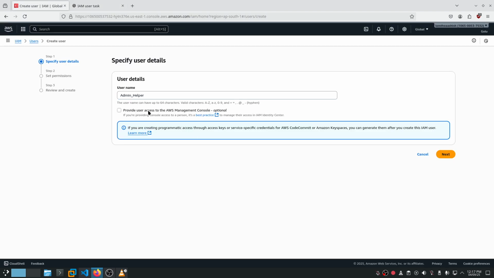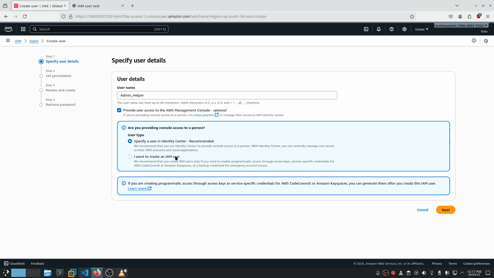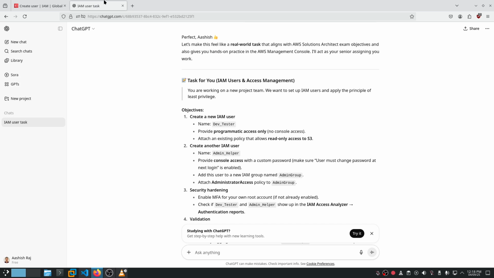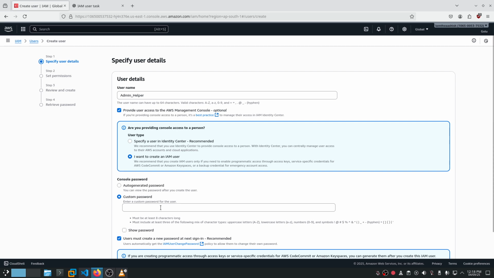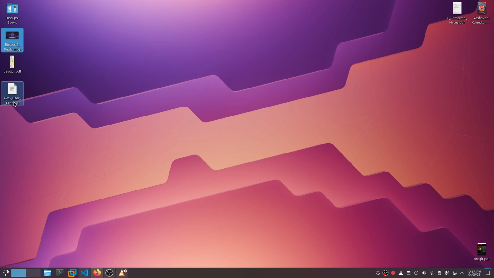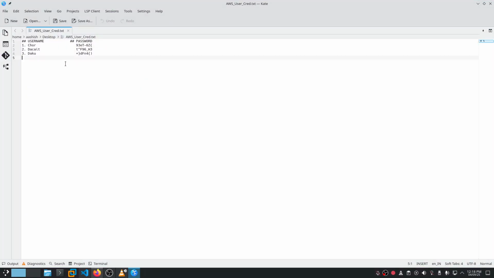Okay, understood. I want to create an IAM user with console access. Make sure they must change the custom password or auto generated password. So auto generated password, and I also have a text file for